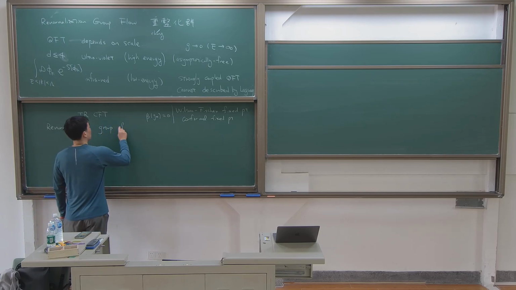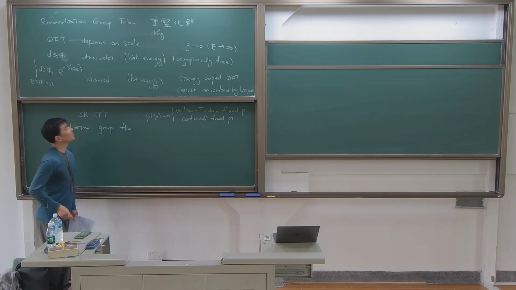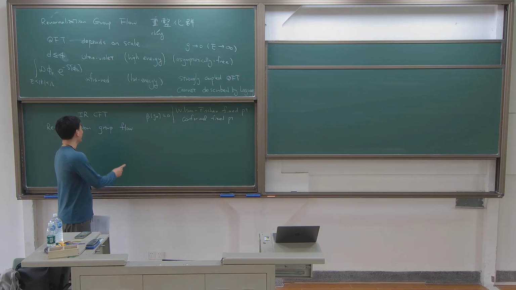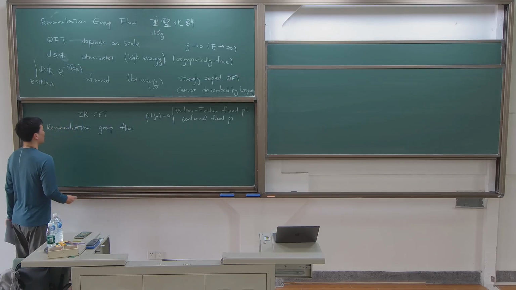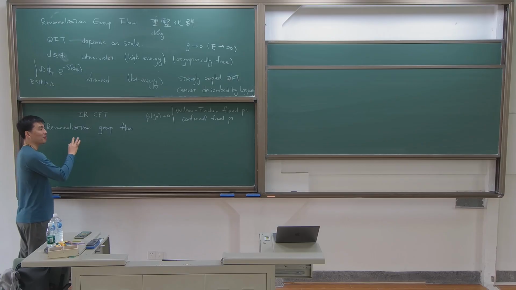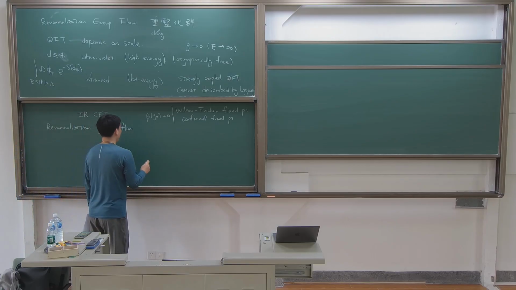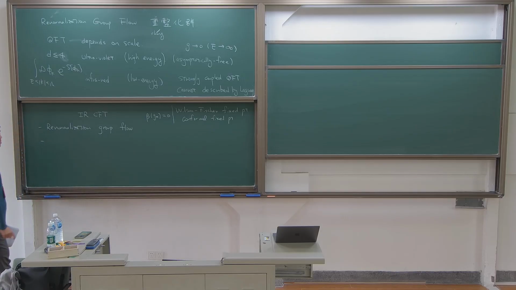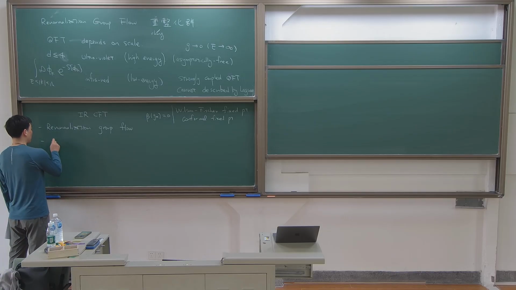Group flow. So it's a renormalization group, is it a group? So it's not a group. It's not a group, so I need to explain what the meaning or concept is. It's not that, so that's what you need to learn. And also next we will learn the so-called column semantic